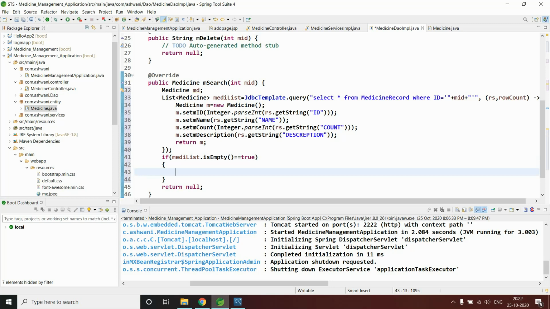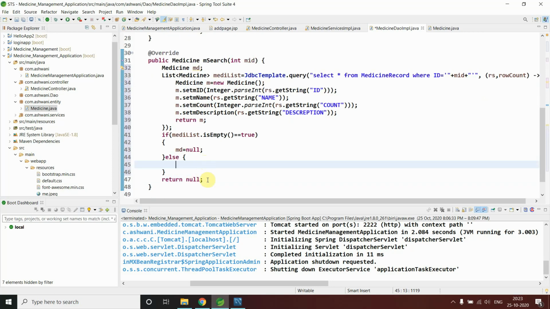Then we normally say in this reference variable md equals null only. And else if you find it is not empty, then directly md equals Medicine list dot get index 0.